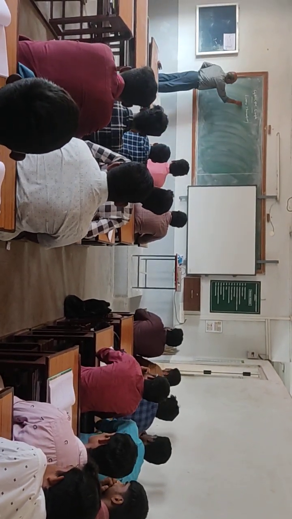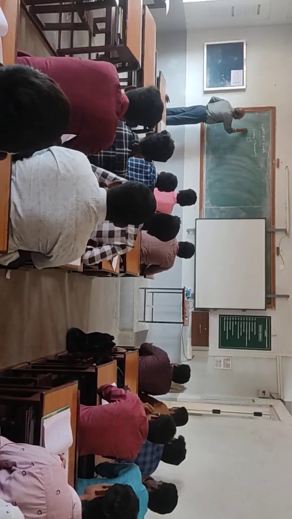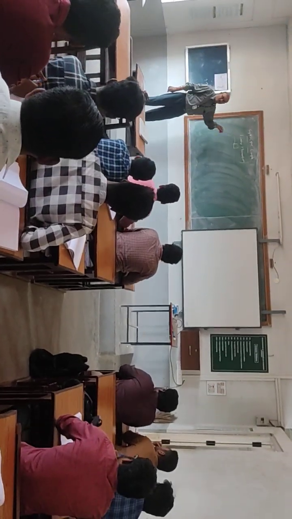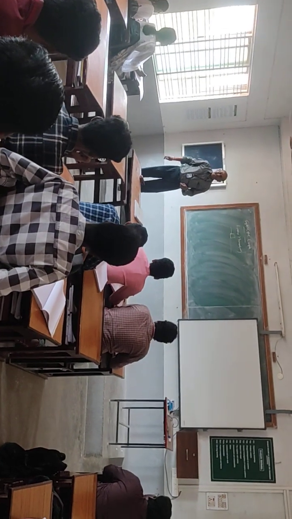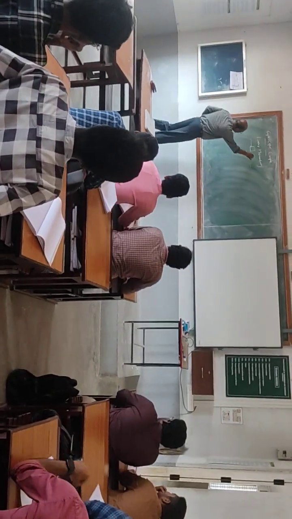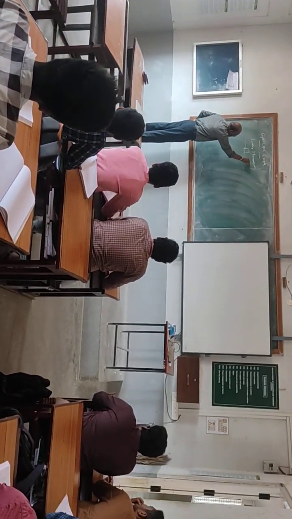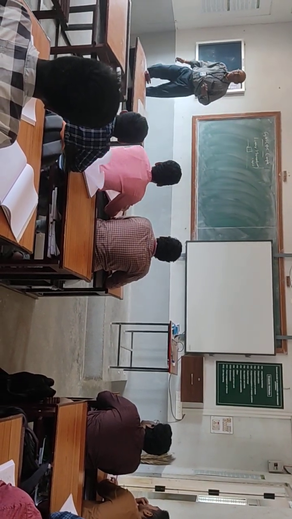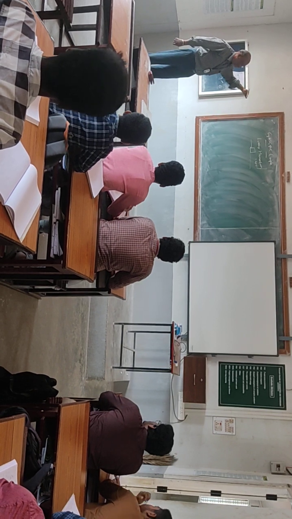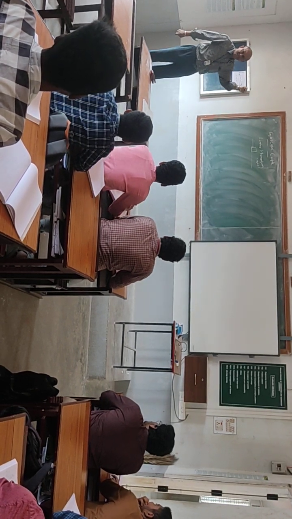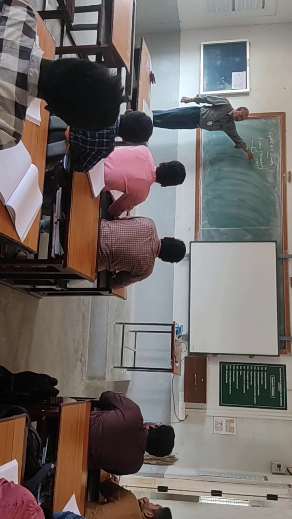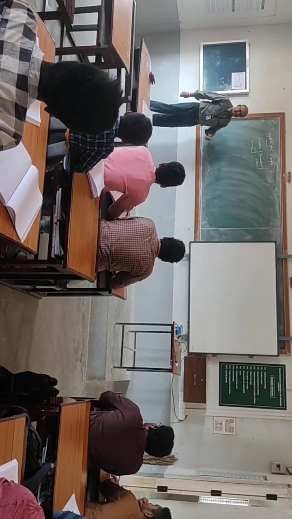A body is there. When you give a force, it will move in a straight path, so the object is subject to linear momentum. What is the formula for linear momentum? Mass into velocity. Linear momentum is when an object is forced to move in a straight line; it is the product of mass into velocity.